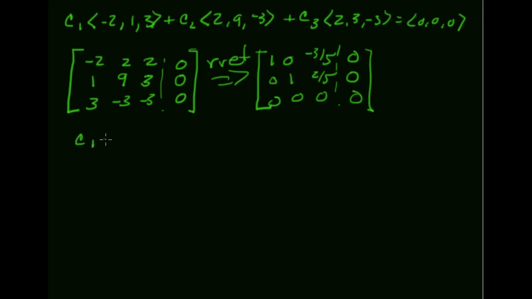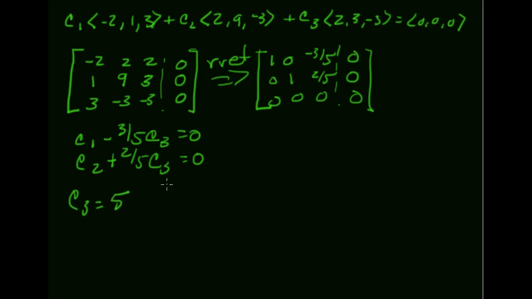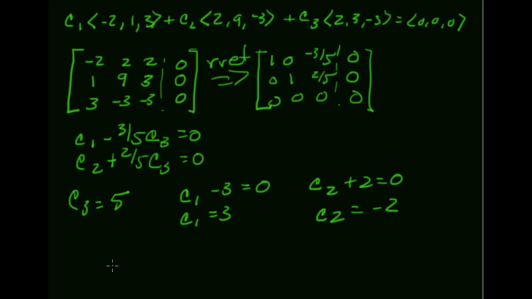This gives me that C1 minus 3/5 C3 is 0, and C2 plus 2/5 times C3 is 0. So just let C3 be something like 5. If C3 is 5, C1 minus 3 is 0, so C1 has to be 3. C2 plus 2 is 0, so C2 has to be negative 2, which means that if I take 3 times